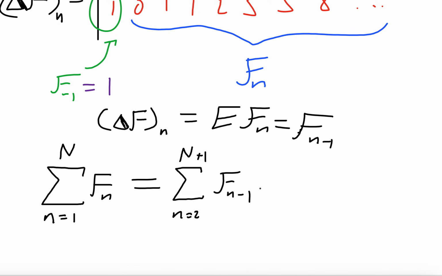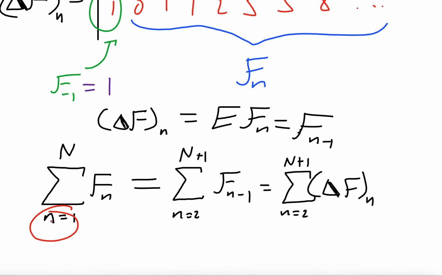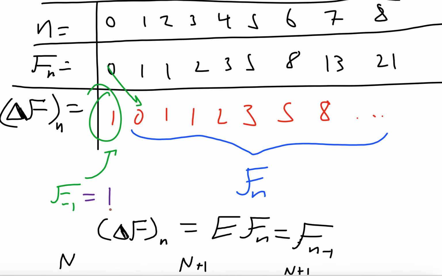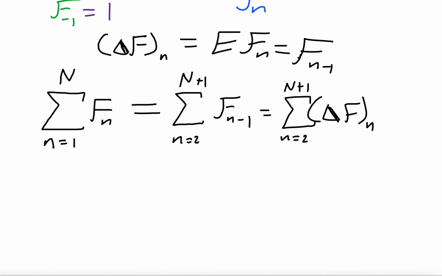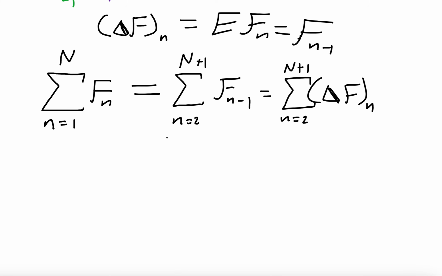And so we can now rewrite this as the sum, okay, as n goes from 2 to big N plus 1 of f, and not just f, but as delta f now. Delta f at n. There you go. And you might be wondering, why am I starting at n equals 1 instead of 0? That's because f sub 0 is actually equal to 0, and so that's not really helpful for us. It's not really interesting to add 0. So anyways,